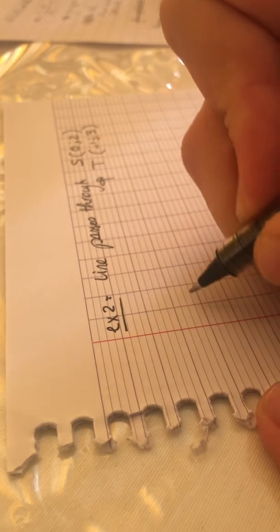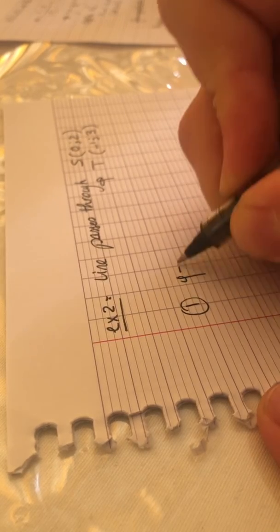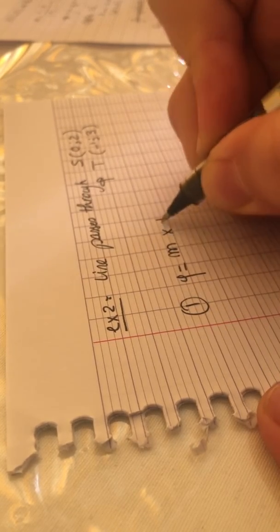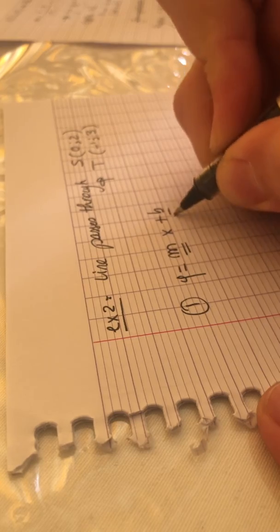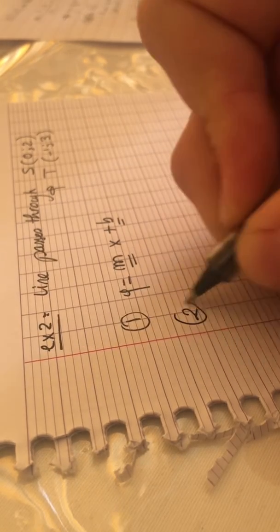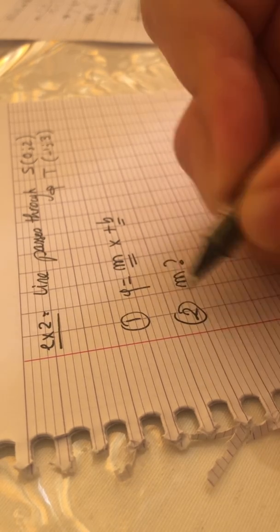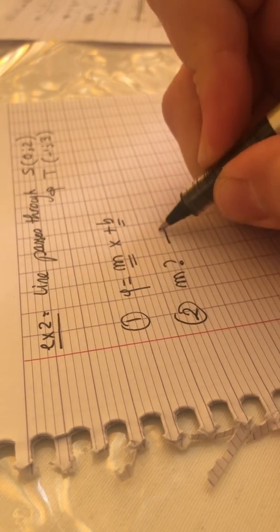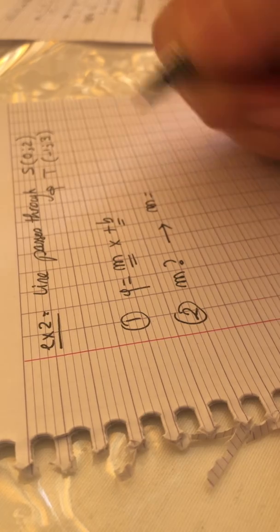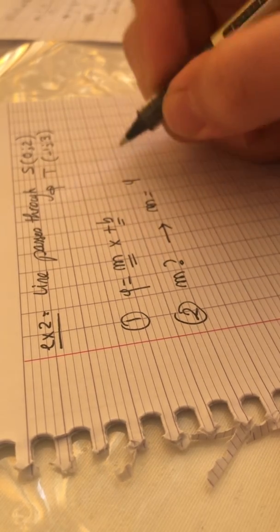Alright, so as usual, first step, we say y equal to mx plus b. I need to find m and I need to find b. Step 2, we say I need to find m. Do we have m? Did I give you the slope? Of course not. So I need to use the point slope formula, which is m equal to y of t